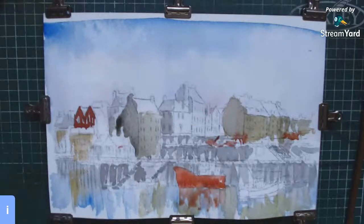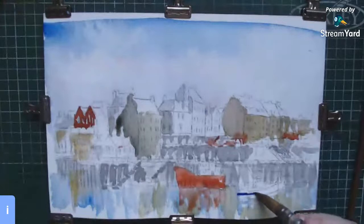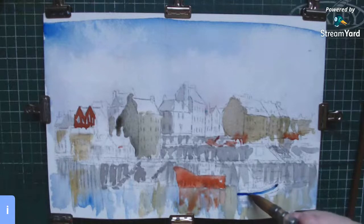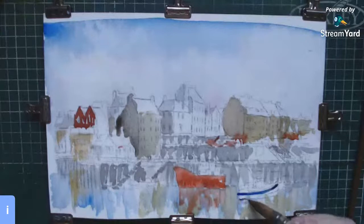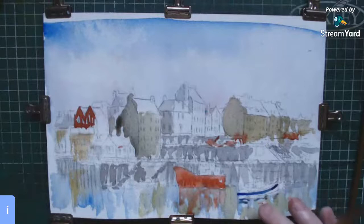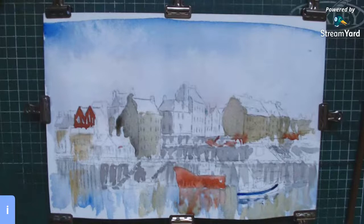The boat off to this side here has a very strong blue line, but the boat is white. Now, you say, oh, well, just leave it white. Well, you could do that, but I just want to give it a bit of a better indicator. The side, I'm going to create